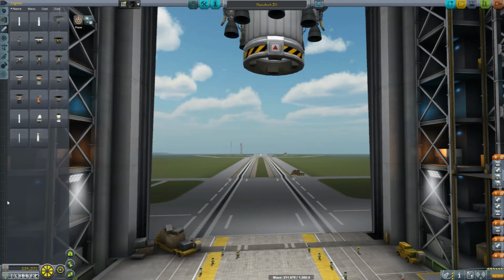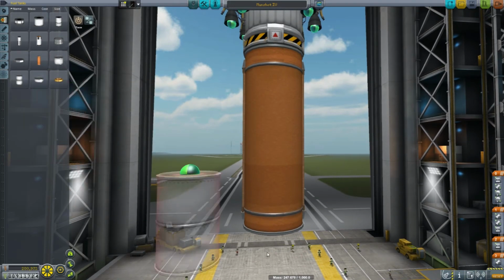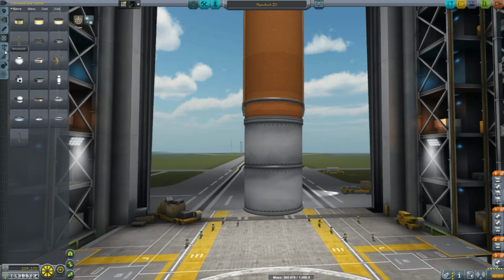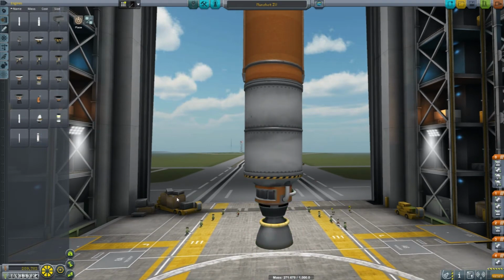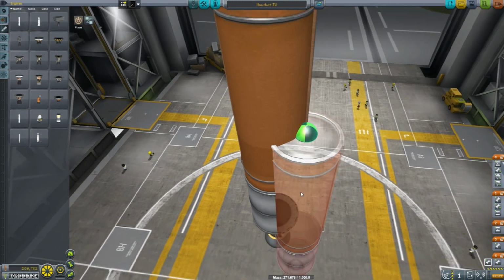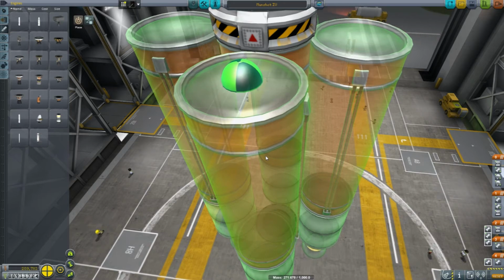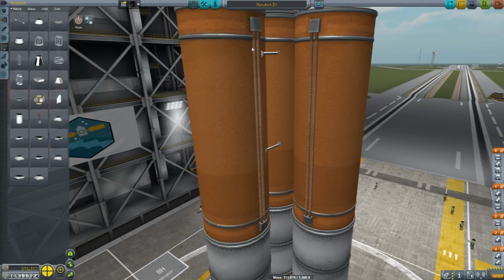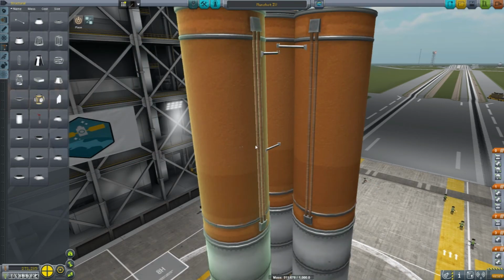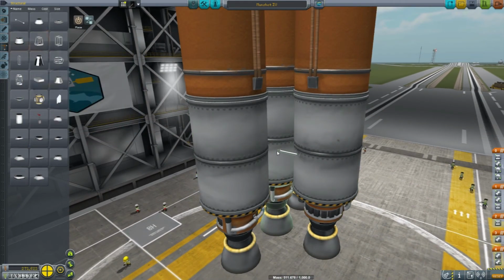Actually, we better just ditch that whole thing and rebuild it. That plus that, because we don't want to overdo it. I mean, we don't want to waste money on this flight, right? So, 1 Rockomax engine. We'll throw 4 around the outside with good structural integrity. And then 1 more down here. And then we'll start adding the...